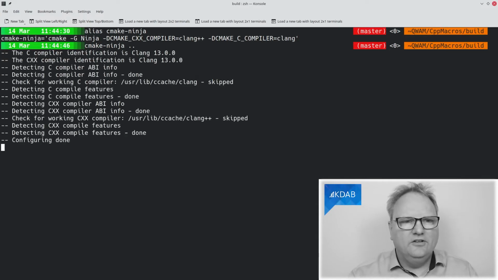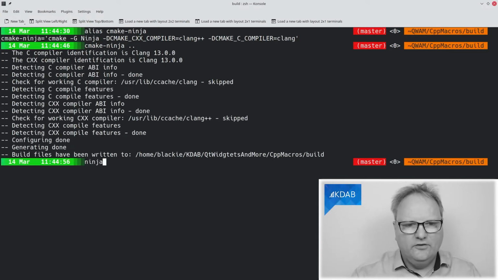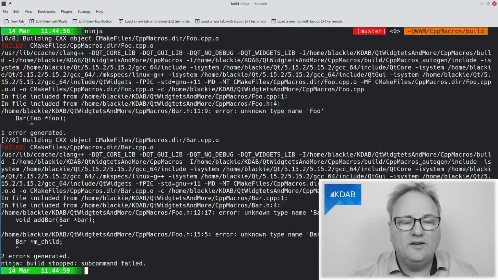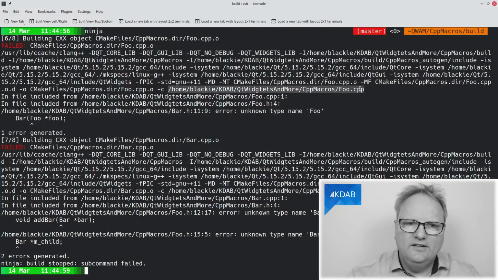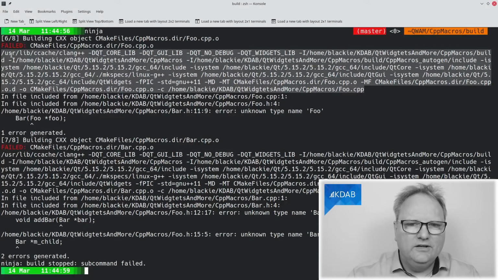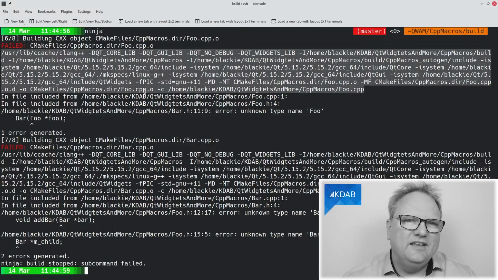cmake-ninja... and here we are. I'm ready to compile with Ninja, and you can see it's compiling, and it's actually nice enough to tell me exactly what was the erroneous line. That's this one here. Go and find the -o, which sits there, and cut and paste. But imagine that there was no errors, then it would just print out.